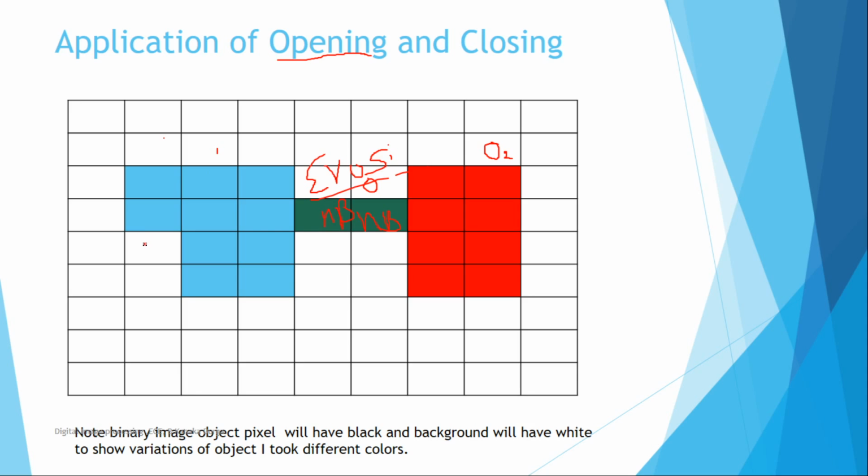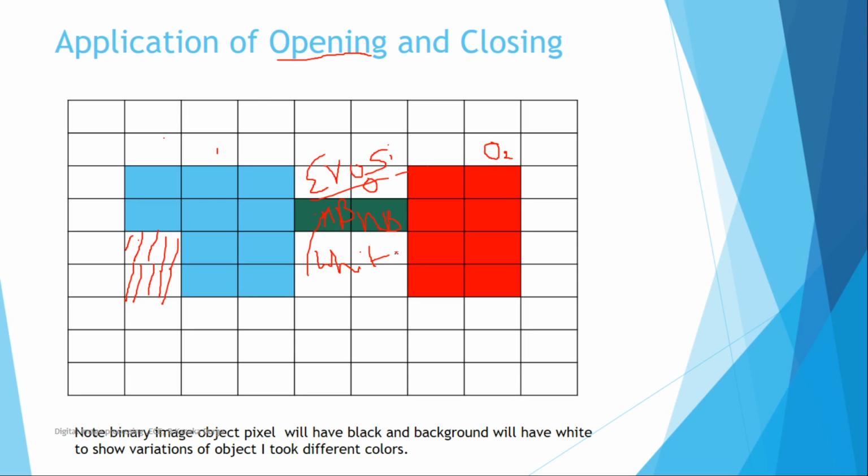So the noise has been removed, so these cells will be filled, whatever the color, it comes to the same object. So these have been fully filled with respect to the dilation operation. So if I am going to apply the erosion operation, these cells are going to be converted to the background color. Nothing but the background nature, it is going to be converted to white color.